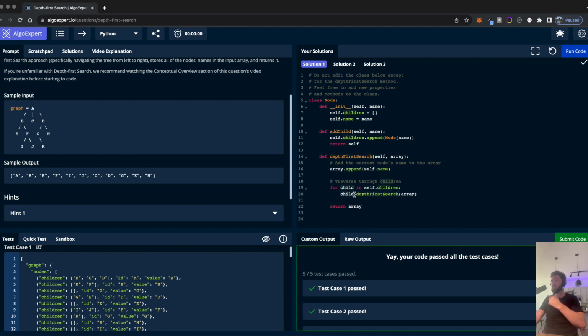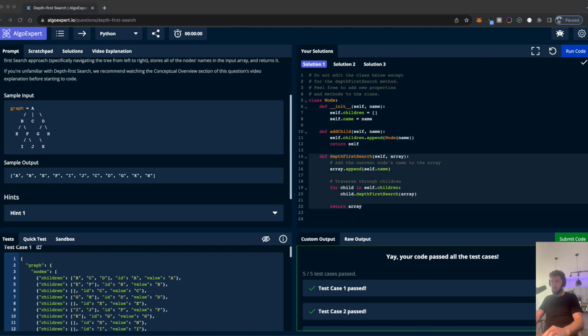So child dot do this. I guess it's taking this array now and appending the first child, right? So it'll go to B from this array, which is really this, I believe. Actually, let me just ask chat. Can you explain this?